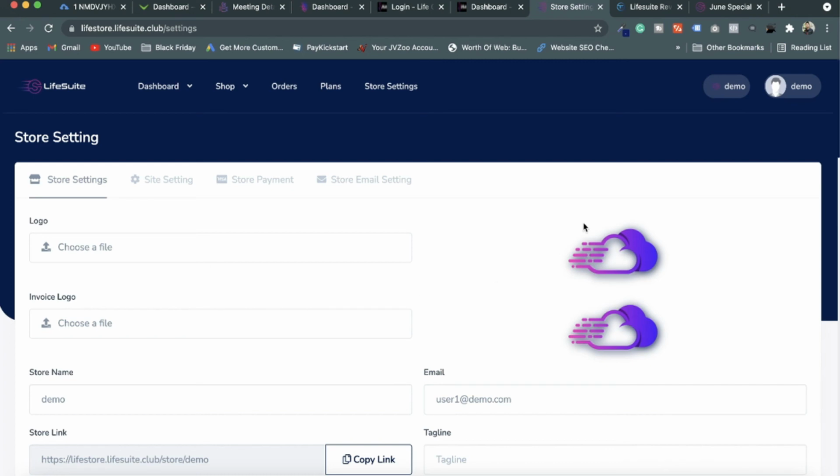Here a few functions are really similar to Shopify, but not as advanced, because Shopify's monthly subscription is very high and this module is giving you a low price.